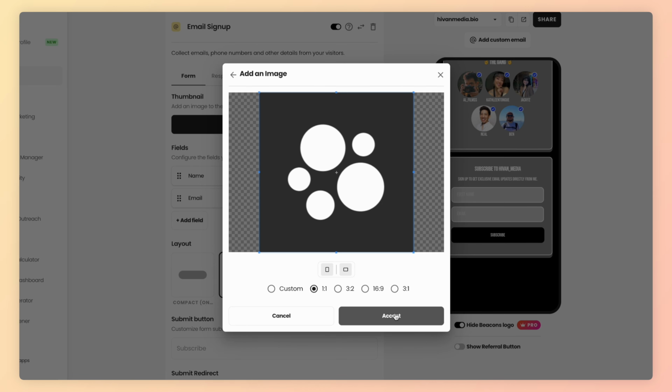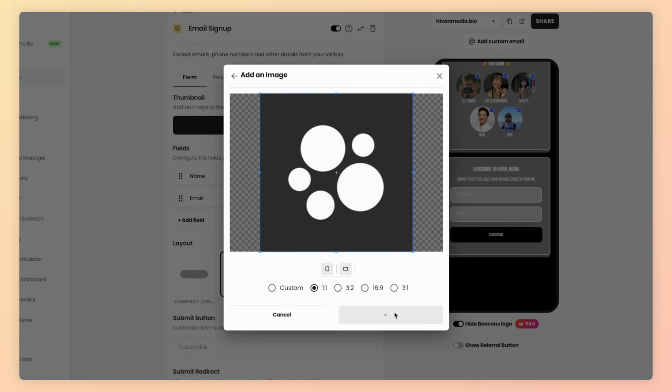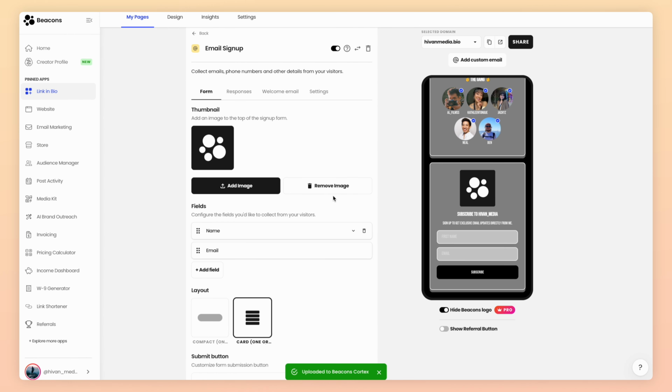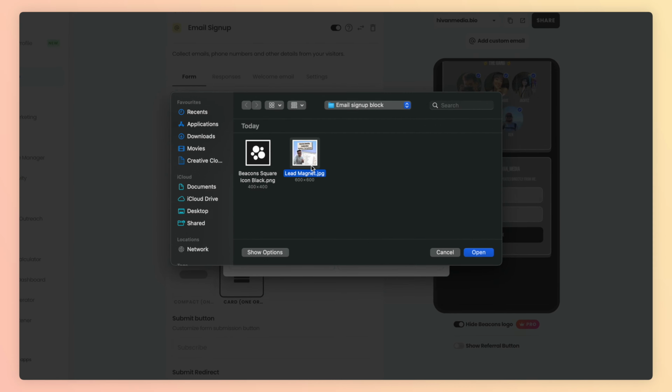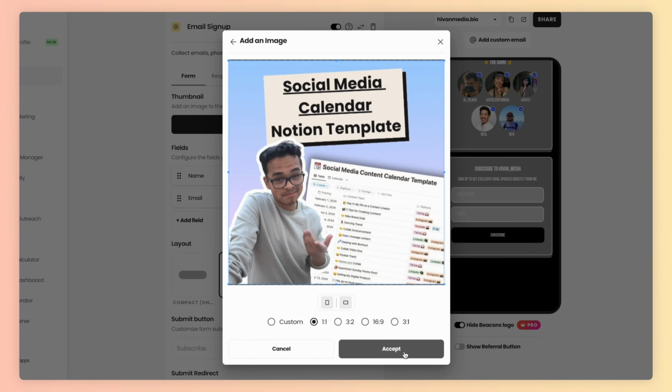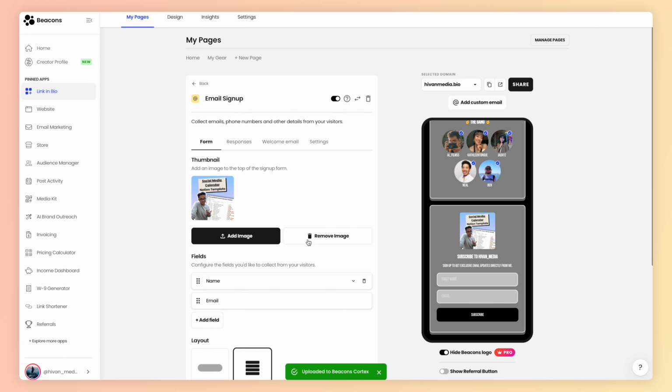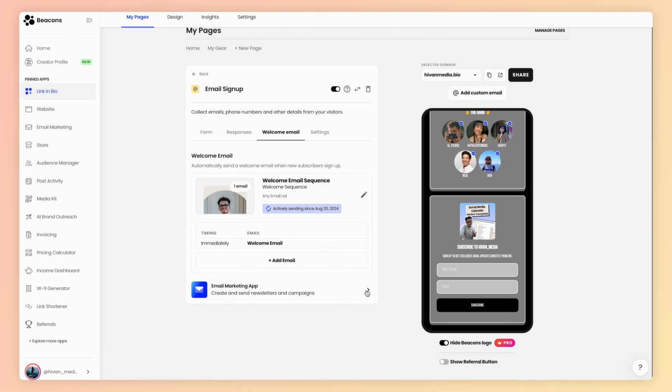The kind of image you want to add depends on how you're using the block. If you're collecting emails for a newsletter subscription, you might want to use a brand logo or a header from your newsletter design. If you're using this block as a lead magnet, you can use a cover image of the downloadable PDF. Don't forget to set up your automatic email so that when someone enters their email in this block,